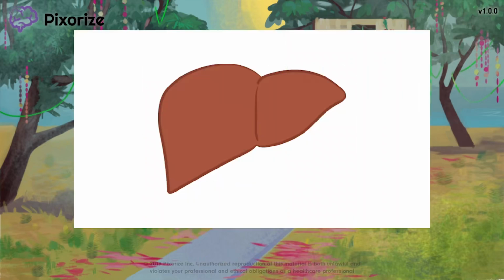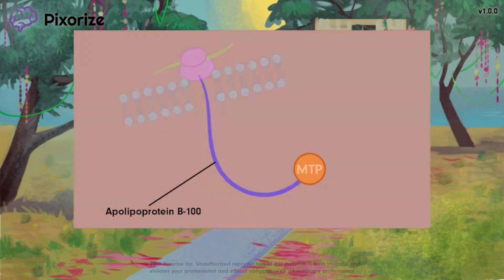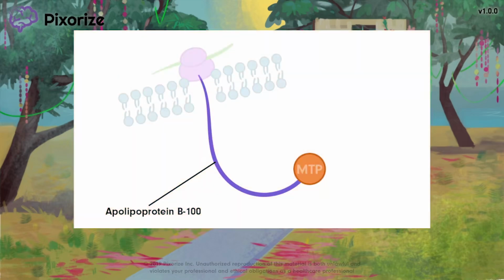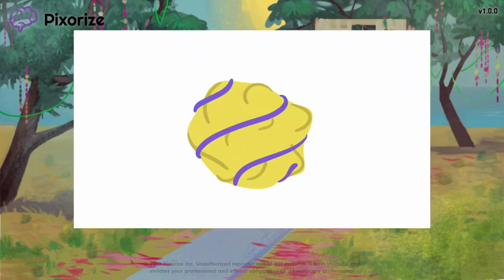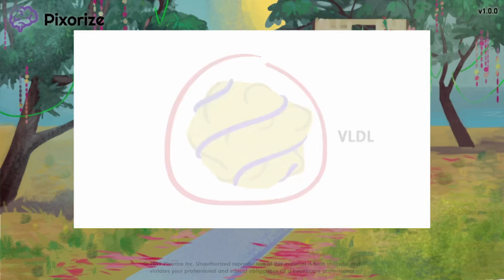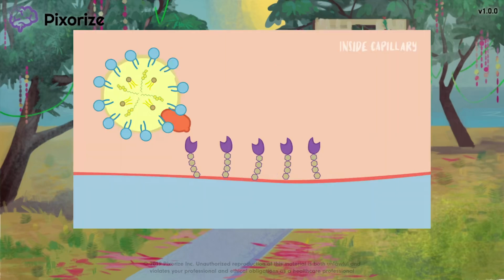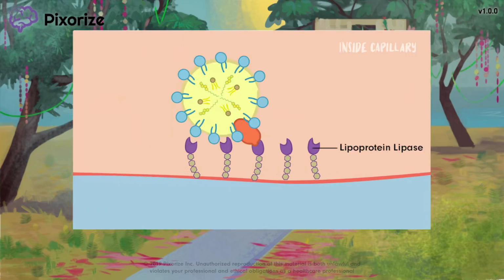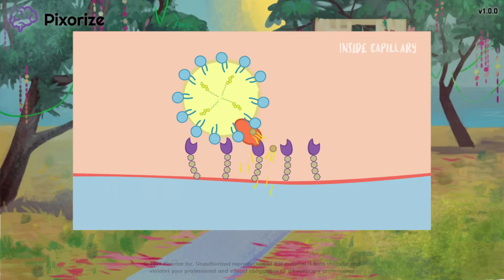VLDL synthesis takes place in the liver. First, apolipoprotein B100 is lipidated by the protein MTP. Once ApoB100 is loaded up with lipids, it is now a VLDL particle that can be released into the bloodstream. The VLDL then travels through the bloodstream until ApoC2 binds to the lipoprotein lipase. ApoC2 and the lipoprotein lipase together break down the triglycerides carried in the VLDL particle, thereby releasing free fatty acids